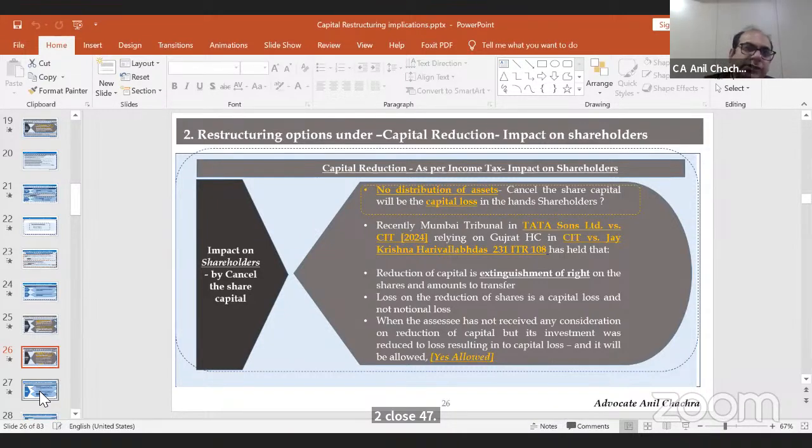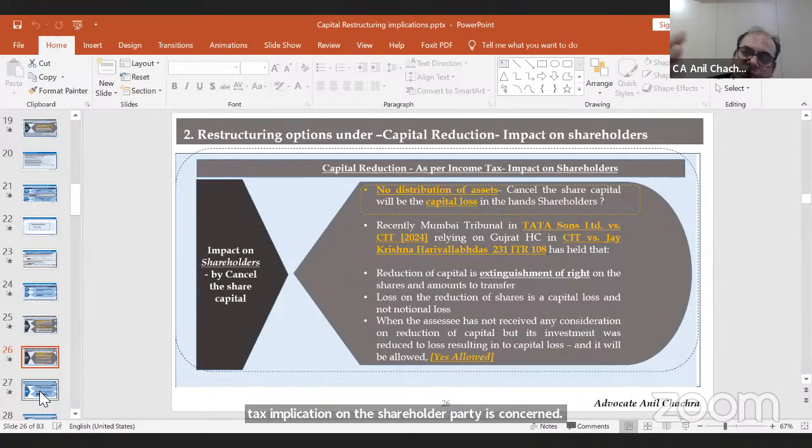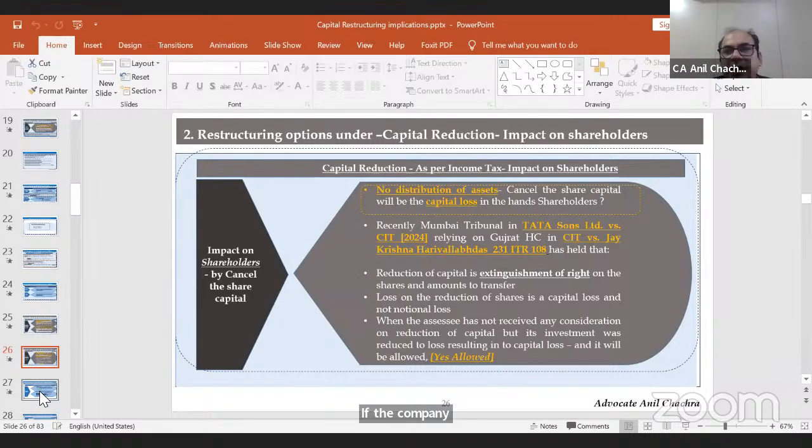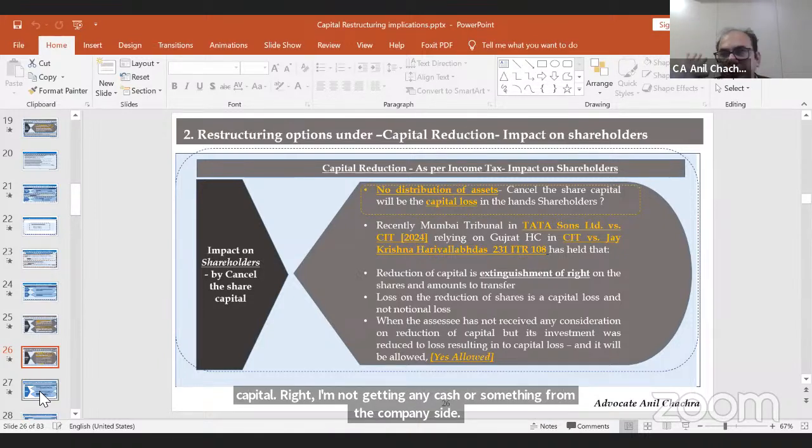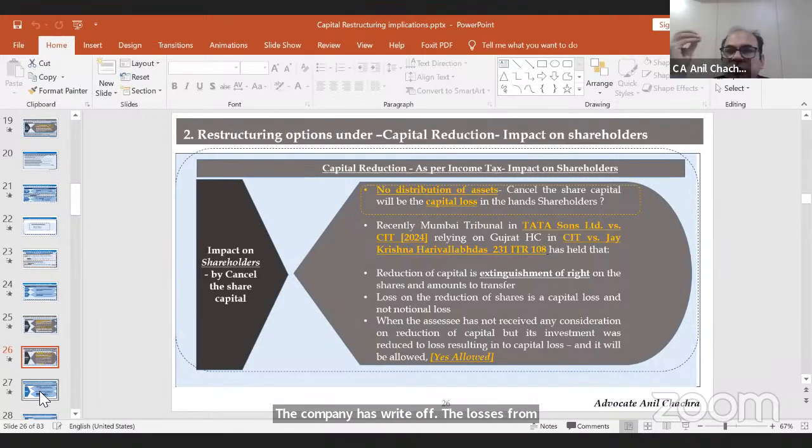So another question is the tax implication on the shareholder's part. If the company cancels the share capital, right, and I am not getting any cash or anything from the company side, the company has written off the losses from the share capital and you are not getting anything, the company has reduced its share capital. So will the same be treated as a capital loss in the hands of the shareholders? The answer is yes. Recently in the Tata Sons Limited case, the Mumbai Tribunal discussed this in a very detailed manner,